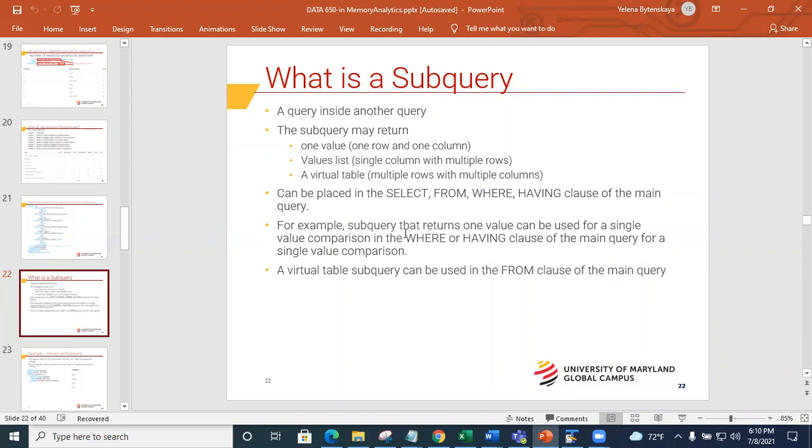Suppose that I want to know who received an above average grade on assignment 2. So I need a subquery that will return what the average grade is, right? I'm going to have a subquery that calculates the assignment 2 average grade, and I will put the subquery in my WHERE clause. I'm going to list students in your session where the grade that the student obtained in assignment 2 is greater than, and then a subquery that selects the average grade.